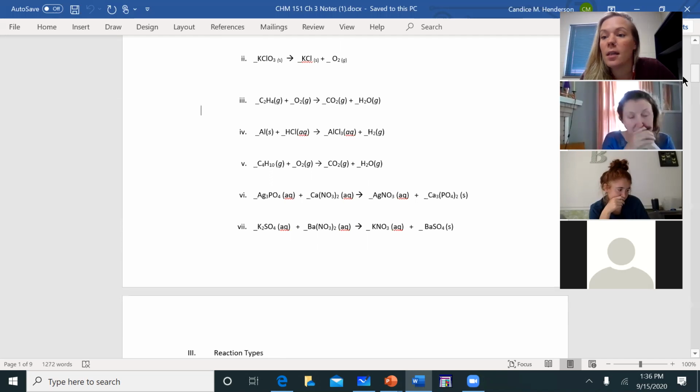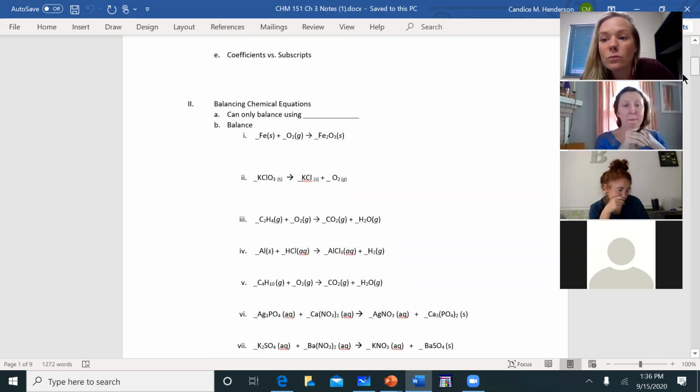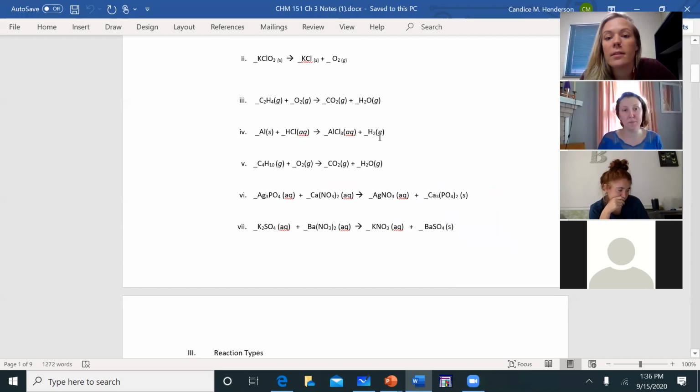So when looking at these here, this one here is that homewrecker situation, right? So aluminum is looking much more appealing than the hydrogen. So chlorine ditches hydrogen and bonds with the aluminum. This down here is our double displacement. We've got a metal and a negative polyatomic ion, a metal and a negative polyatomic ion, and they swap polyatomic ions. So now instead of the silver being with the phosphate, the silver is with the nitrate, and then vice versa